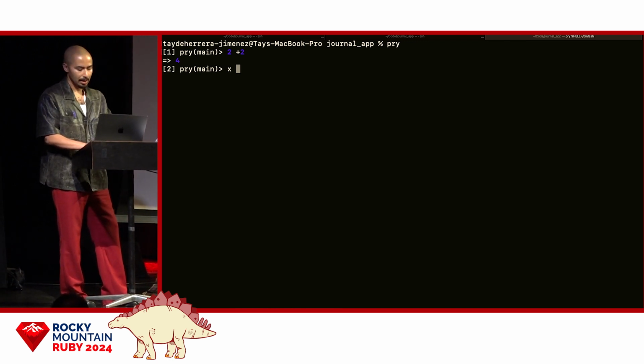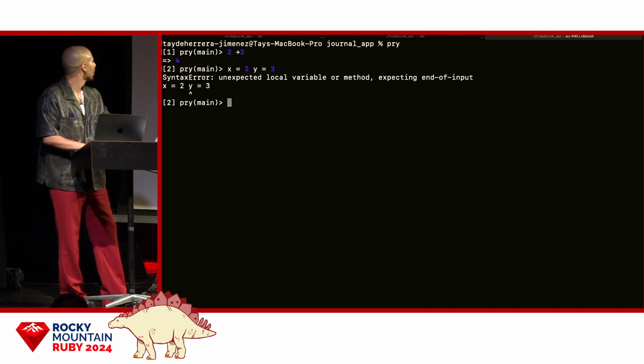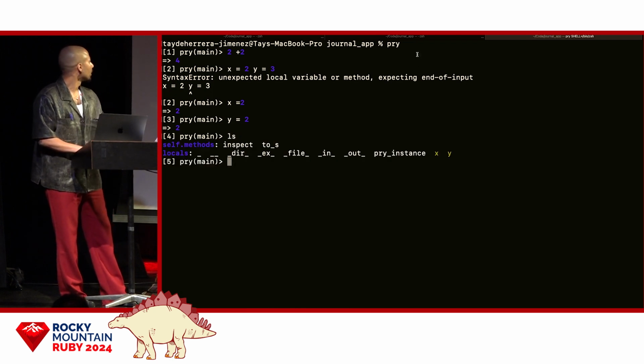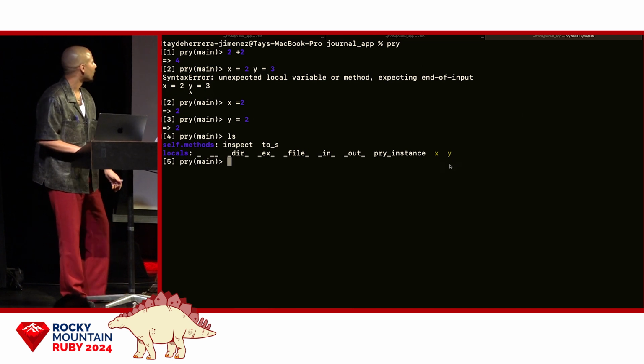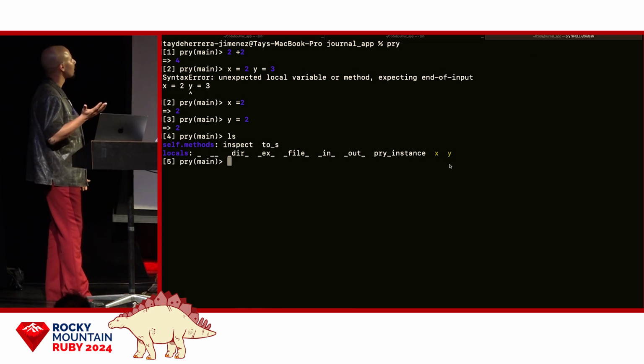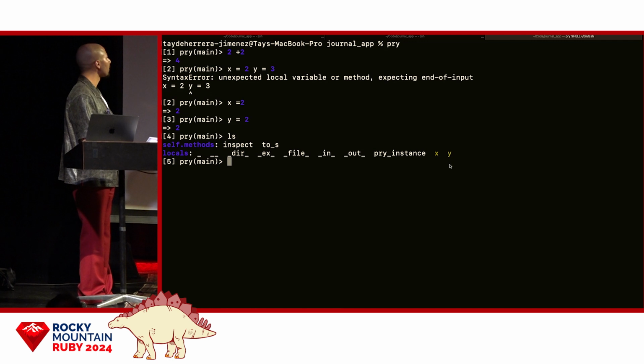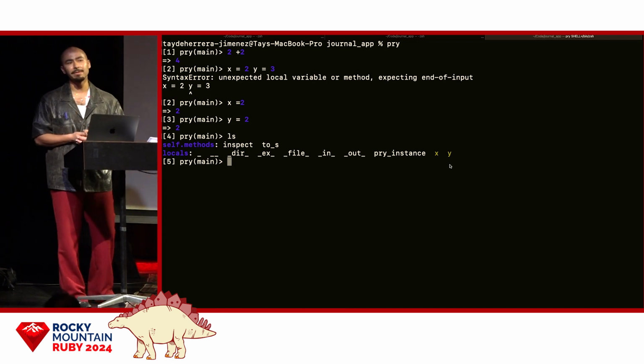Like you could say x = 2, y = 3, and then, oh, sorry, but do it right. Now, just to show you that ls command, you can see x and y highlighted in yellow over here. And that was actually something that I didn't really know of until recently. So any variables that you set in your pry session, if you type in ls, it'll show all of what you have access to right on the terminal,